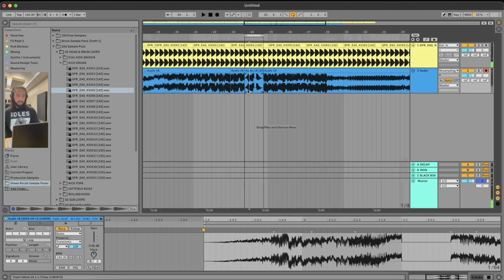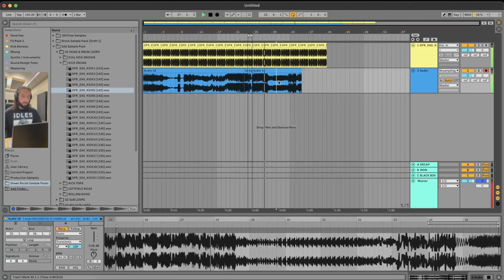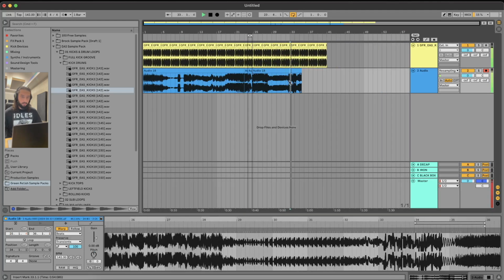Just by pitching up and down, it can get you to different pockets. So that's one way. The first way was just freeze and duplicate parts that you like, export it as you go, resample it, save this whole recording, take out bits that you like, get those little gems. The last way, and there's more than three ways, but the last way I would do it,